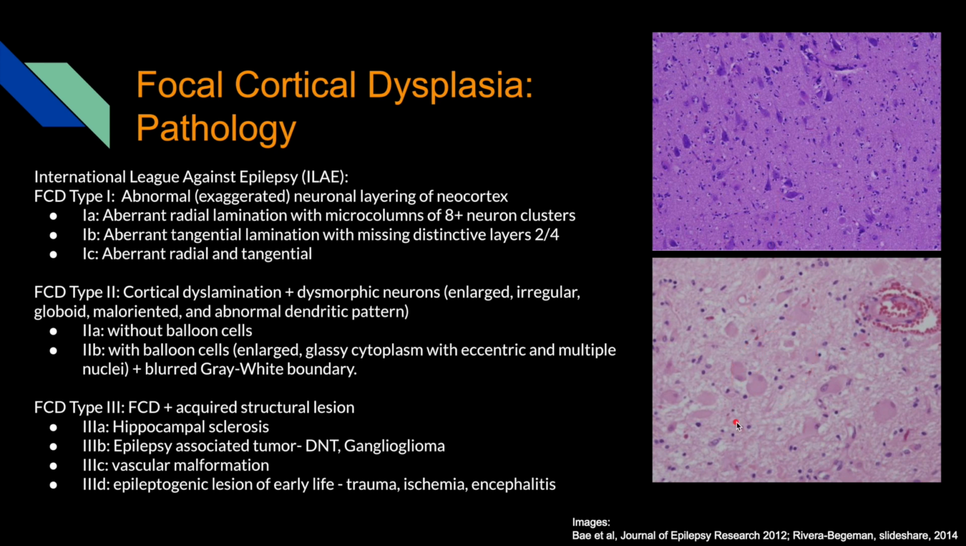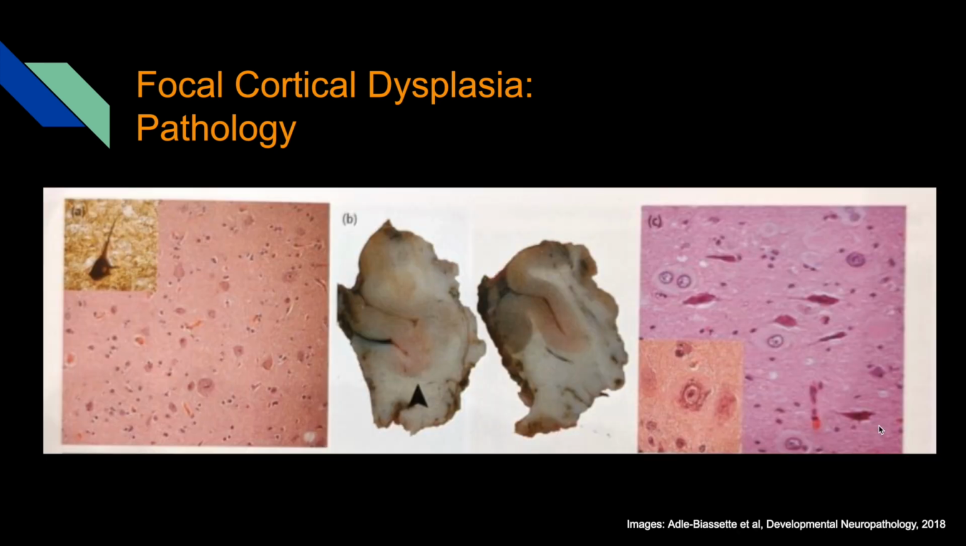Here is another H&E showing these balloon cells. These are large globoid cells that have this glassy cytoplasm. They're often binucleated. I don't see some here, but this would be an example of a type 2B focal cortical dysplasia. Here's another example